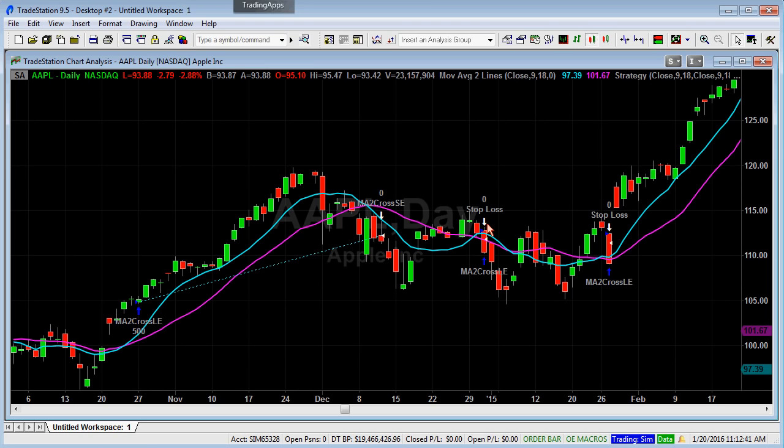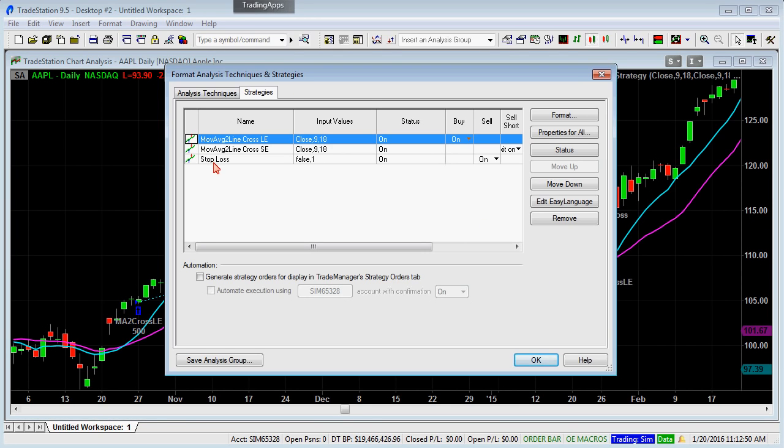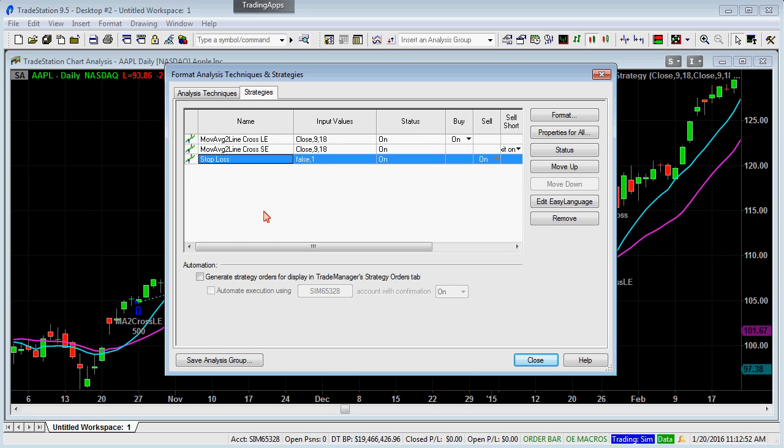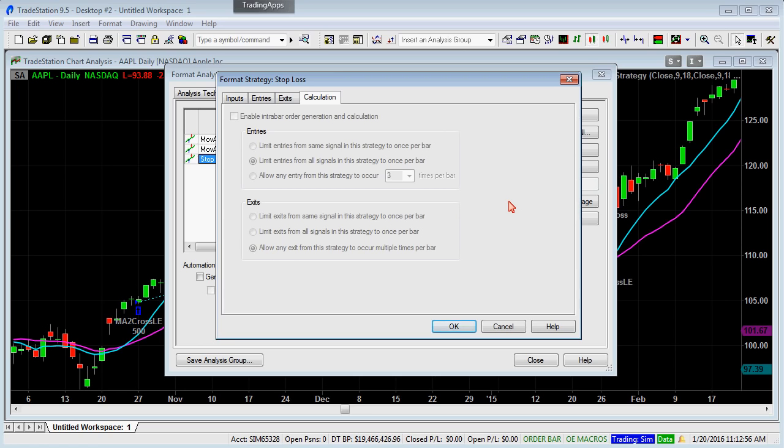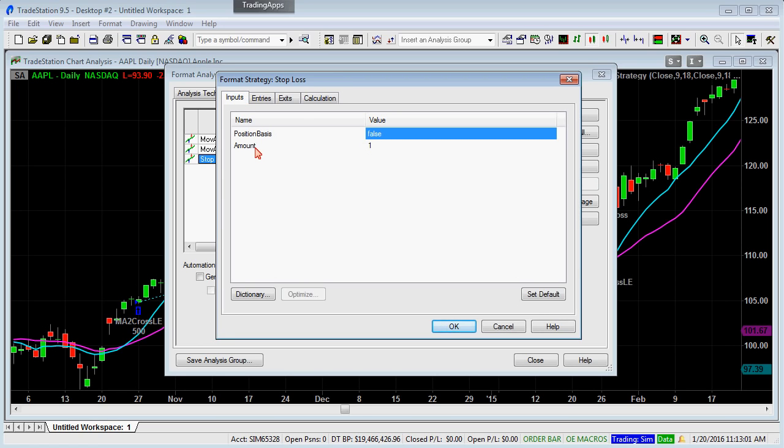I have that stop loss in place that I can choose to modify. Let's go ahead and double click on my stop loss. It takes me to the list of strategies again. I'll highlight the stop loss and I'll click on format. So you can see what the parameters are for the stop loss. When I go to the inputs, I notice how the amount is set to 1. So for this example, if Apple went in the opposite direction by 1 point, the stop loss kicks in. That's exactly what that 1 means,